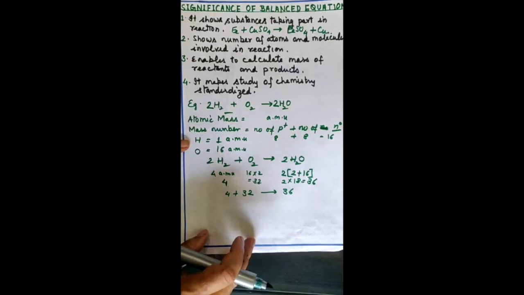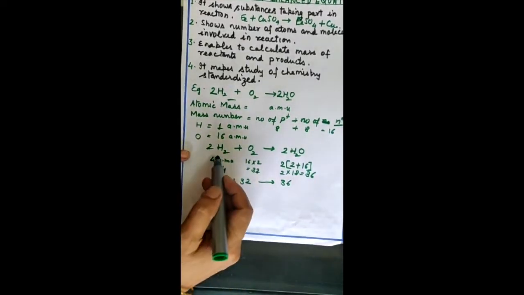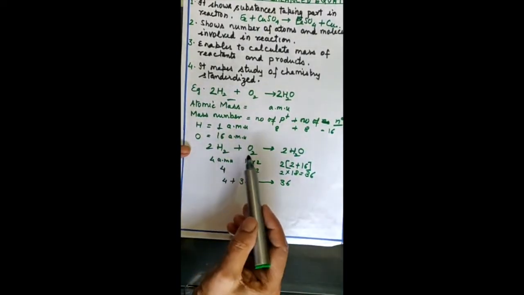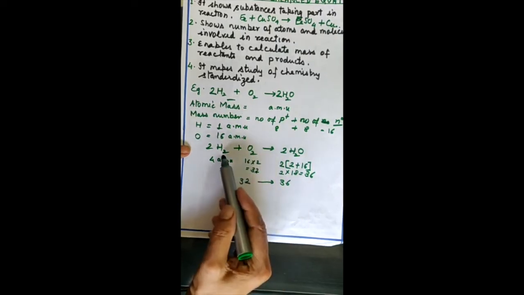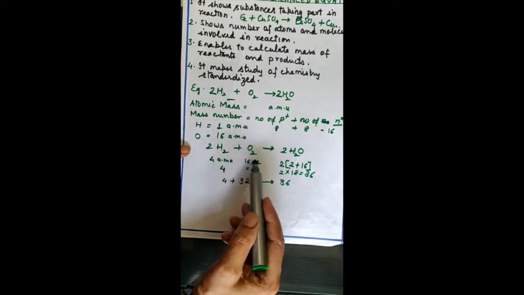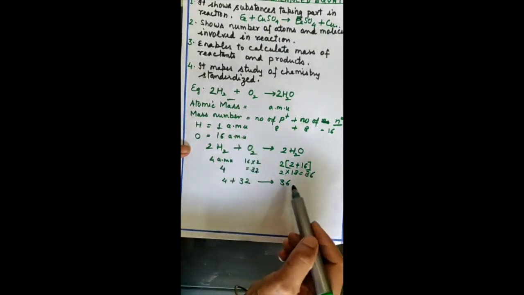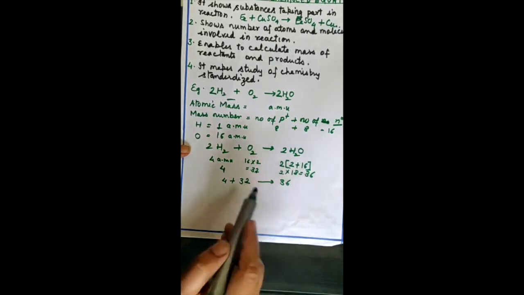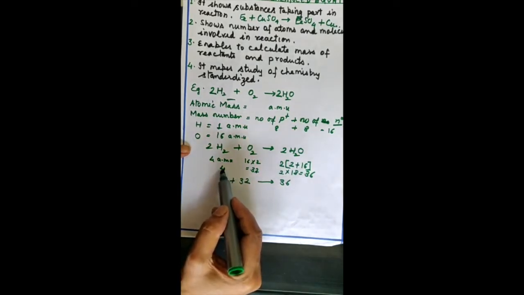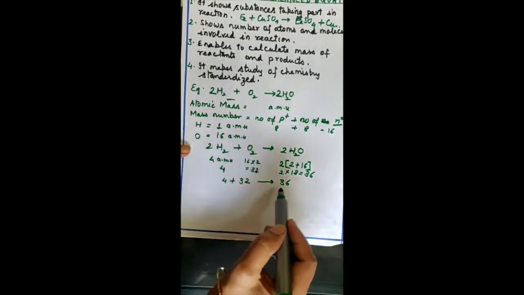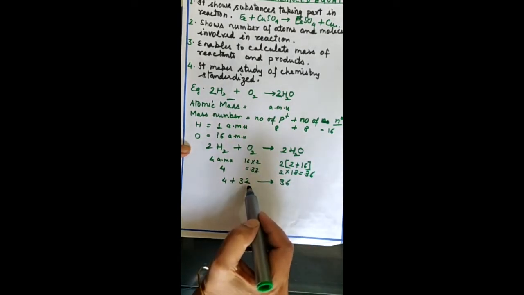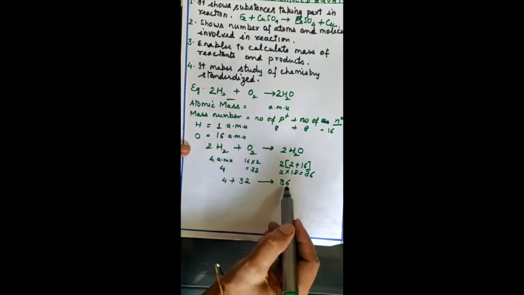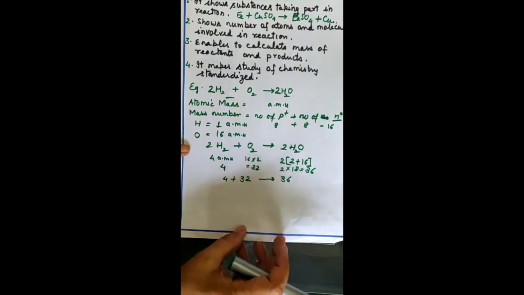So like this, we don't only calculate the ratio of the masses in which they are reacting, that is, 4 is to 32 is the ratio of masses of hydrogen and oxygen that combine, and also the mass of water that is produced. You can say that 4 unit mass of hydrogen when combined with oxygen forms 36 unit mass of water, or 32 unit mass of oxygen when combined with hydrogen forms 36 mass of water. We can take one more example.